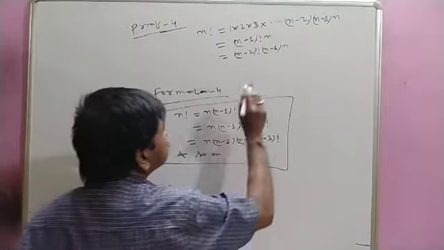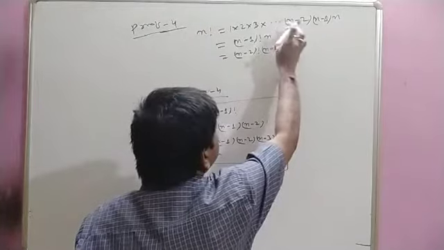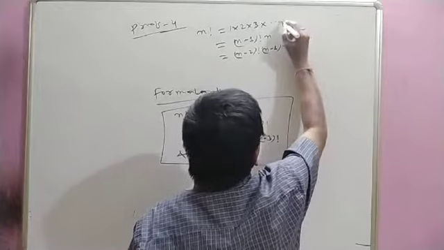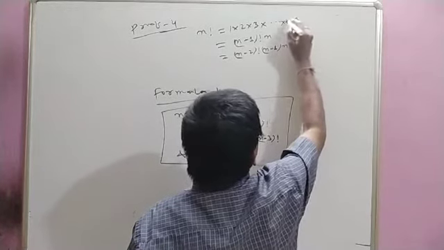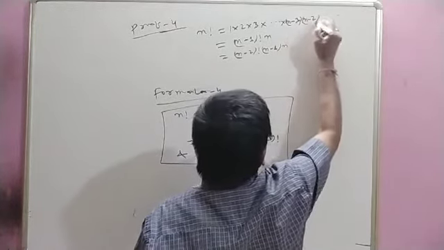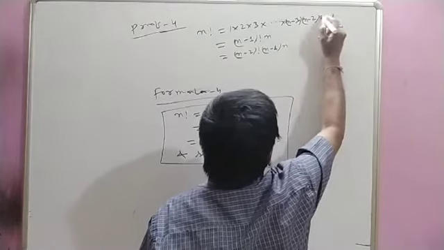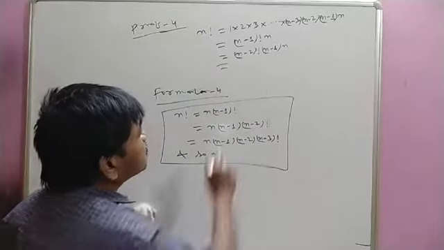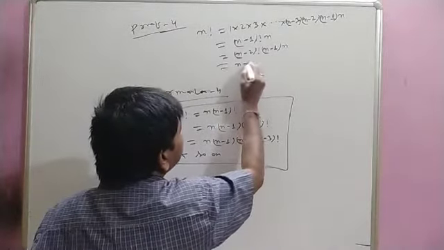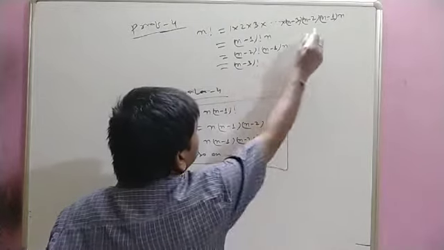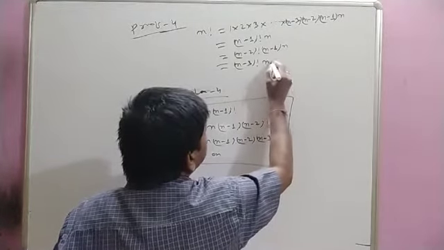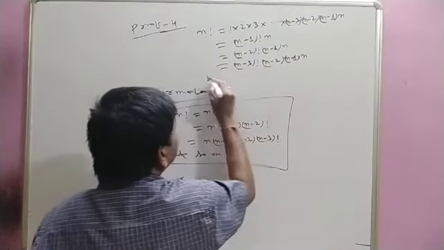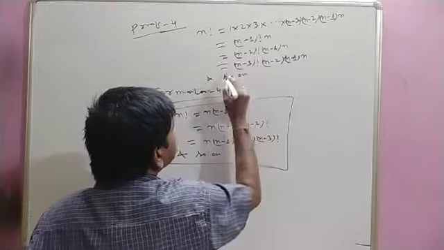If we continue up to n minus 3, there is n before this n minus 3 coming. Or you can write into n minus 3 into n minus 2 into n minus 1 into n. So now if I continue up to n minus 3, I can write n minus 3 factorial. Then what is left? n minus 2 into n minus 1 into n, and so on.